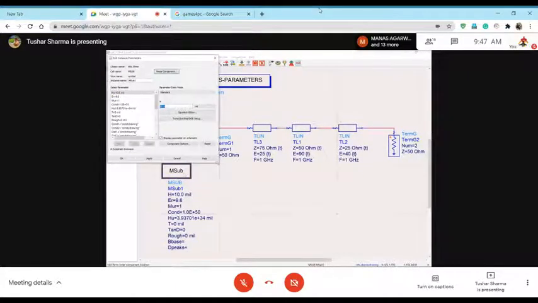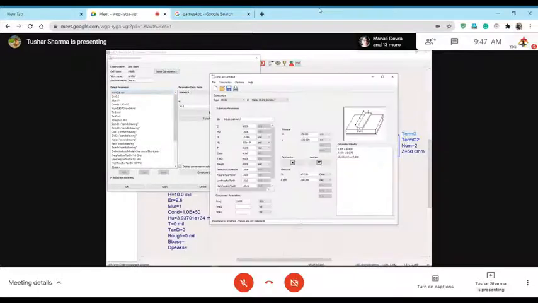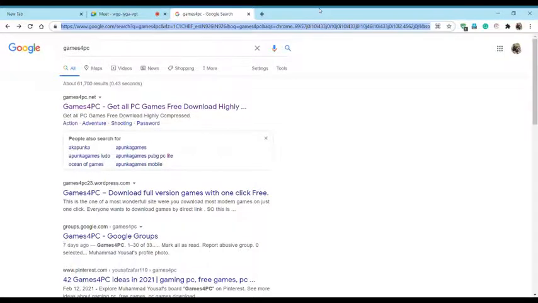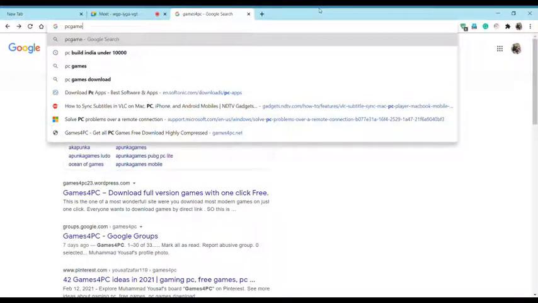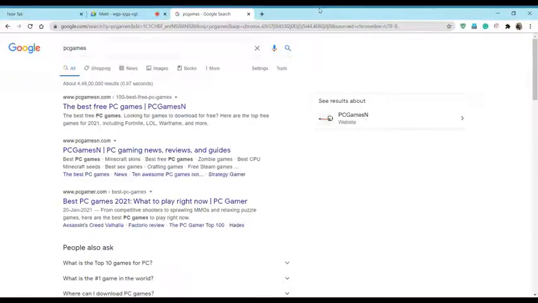So in a substrate there are many things. First thing is H, or it's called substrate thickness, which means how thick this substrate is. Then there is something called ER, which you guys know, which is relative dielectric constant. So again, going back, it is the dielectric constant of the substrate. Then you have relative permeability, which is again a substrate property.